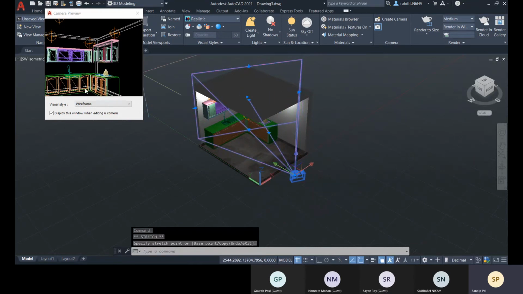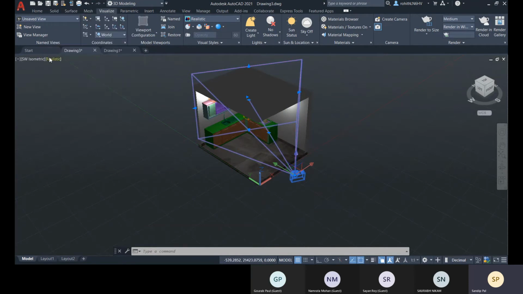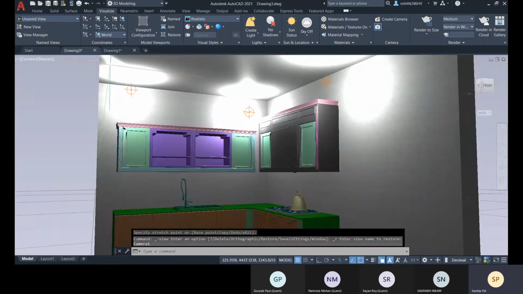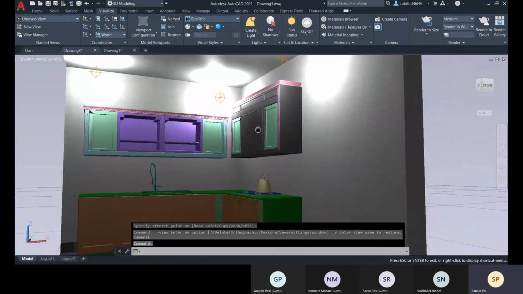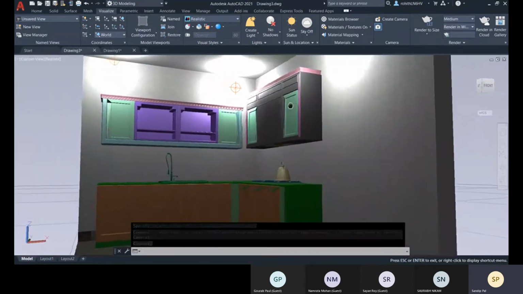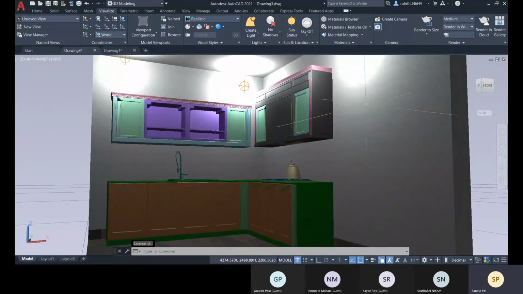All right, then here also you can check it. This will be the view, and if you go to this view option and then camera 1, and there you can get the view. Okay, so this is the camera view, and this is all set, and if you render, you will get according to this view. So this way you will provide all the materials, and according to the light you will get the rendering.